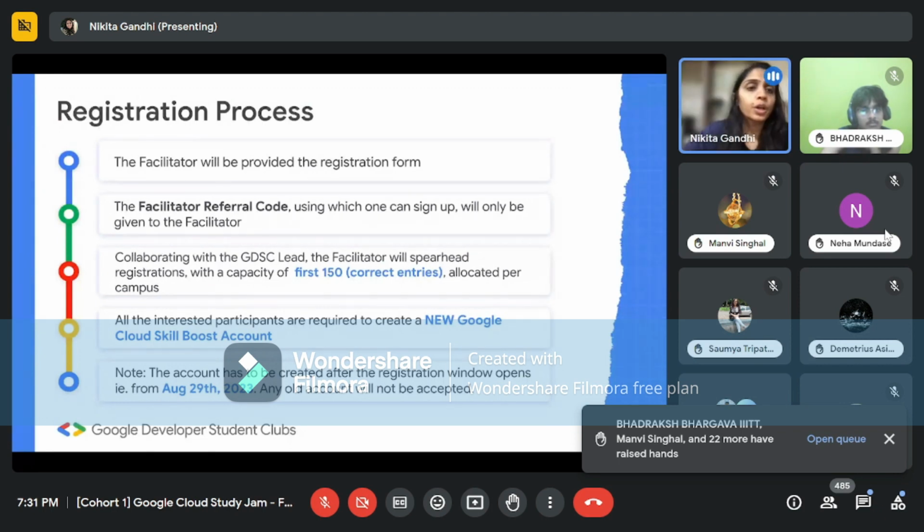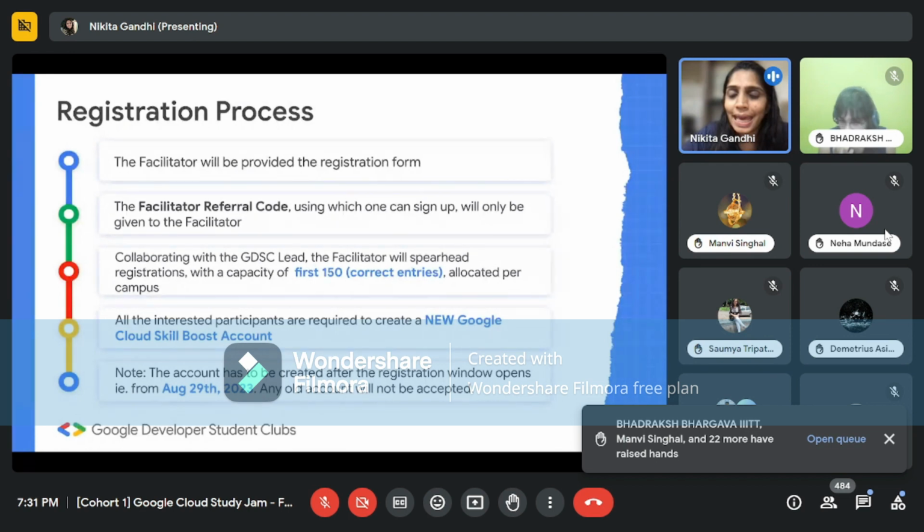So, the takeaway from this slide is that the facilitator will only be provided with the registration form along with the referral code. You can create a copy of the form that is provided to you, remove the part where it asks for the facilitator referral code, and float this form in your campus. Everyone who's interested can sign up.